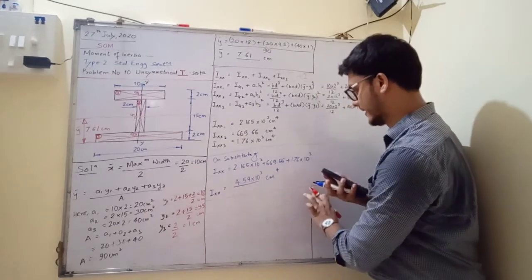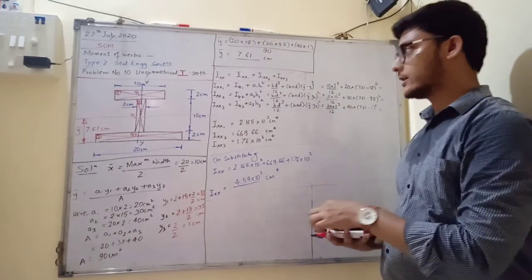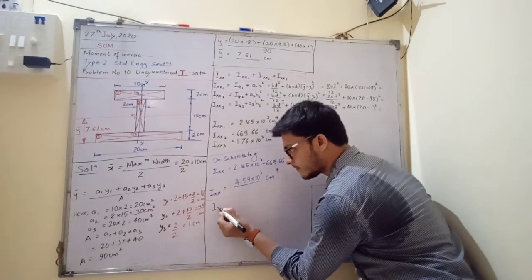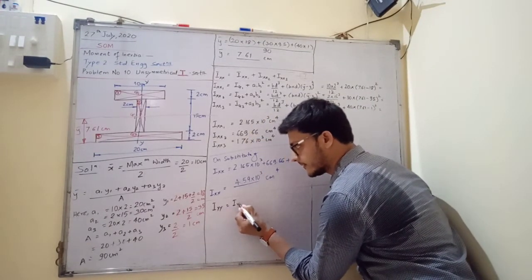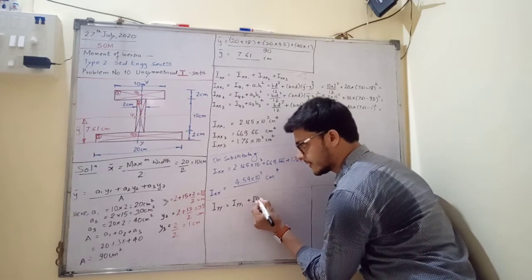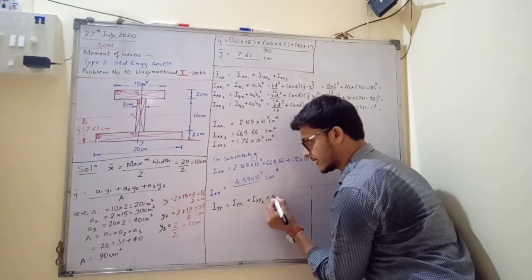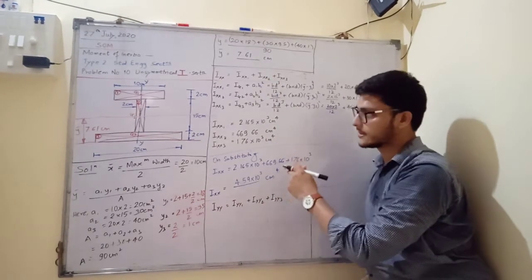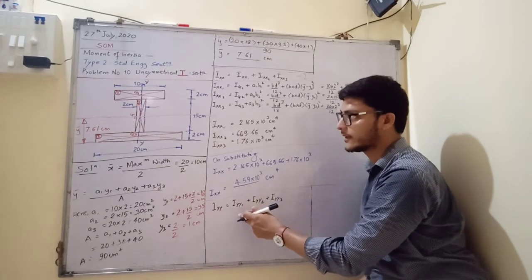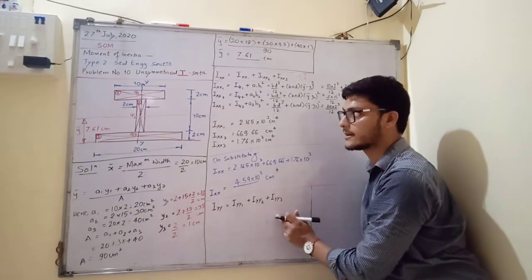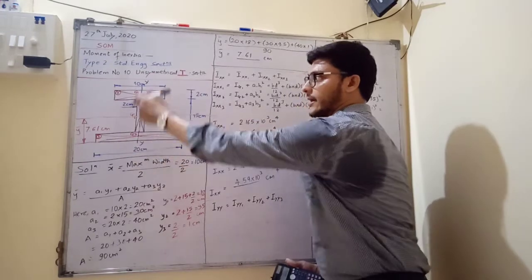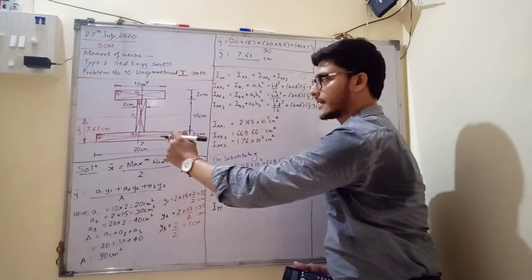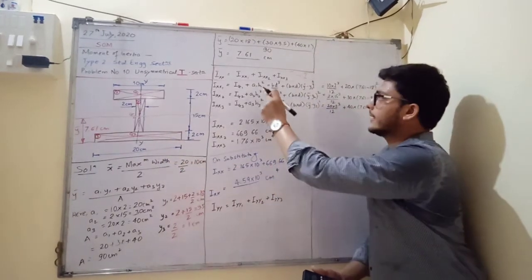Now last part, additional part I am showing. If we need to calculate Iyy, it is very simple. Iyy will be Iyy1 plus Iyy2 plus Iyy3. But here we don't need to do so much parallel axis theorem. Directly we can calculate Iyy by using dB cube by 12 of each rectangle. Reason? It is symmetrical about vertical axis. So x bar minus x1, x bar minus x2, x bar minus x3 will be 0. So all these a into h will be 0.